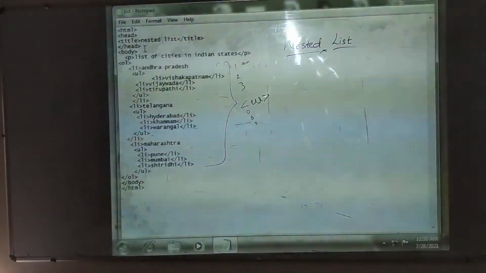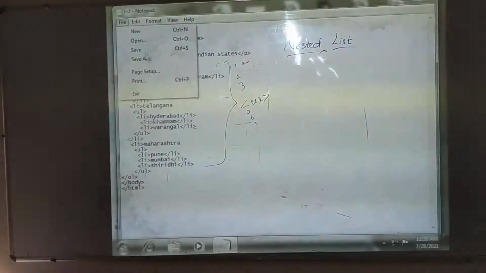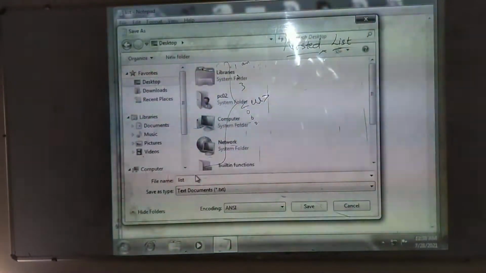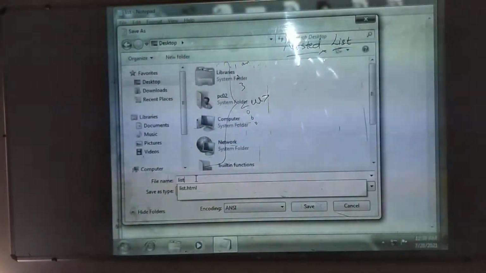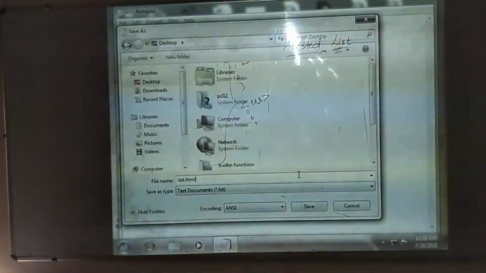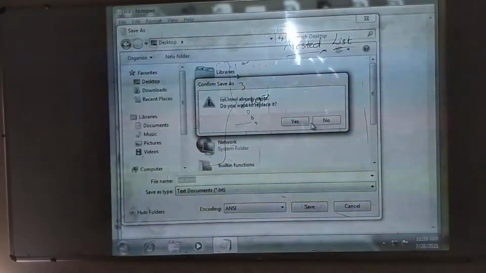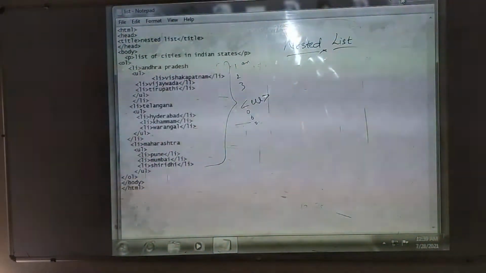now let us execute that. Already I have saved it with the name list.html. Once again I am saving this as list.html. It already exists, so I am replacing it.